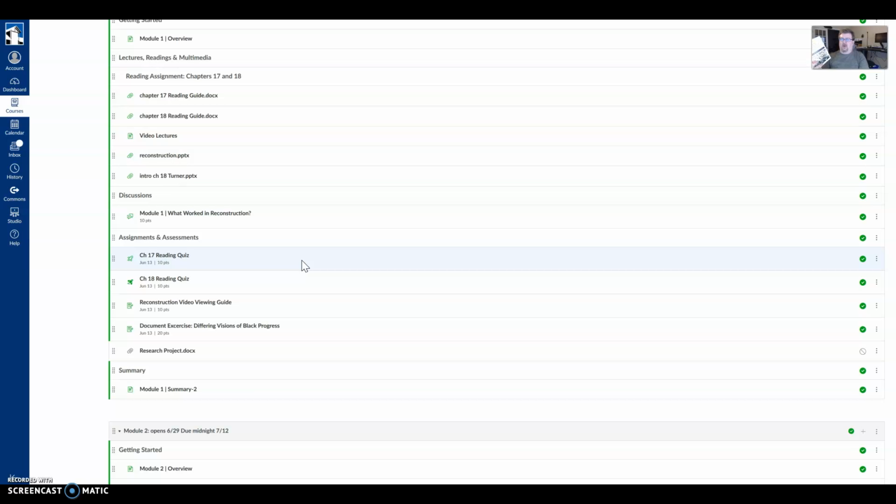Reading quizzes are objective questions, and the idea is you would actually sit down with the textbook and look up the answers. Now, there is something I need to mention. There is a weird bug in either me or Canvas, and I actually think it's Canvas in this case because other instructors complain about this happening, where sometimes it will change the correct answer. So if you're taking a reading quiz and it tells you that you're wrong when you're pretty sure you're right,